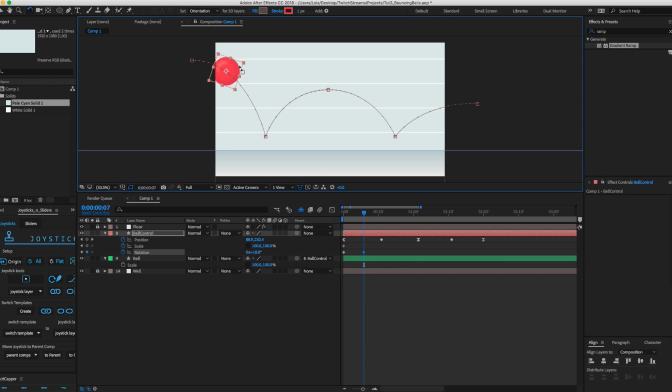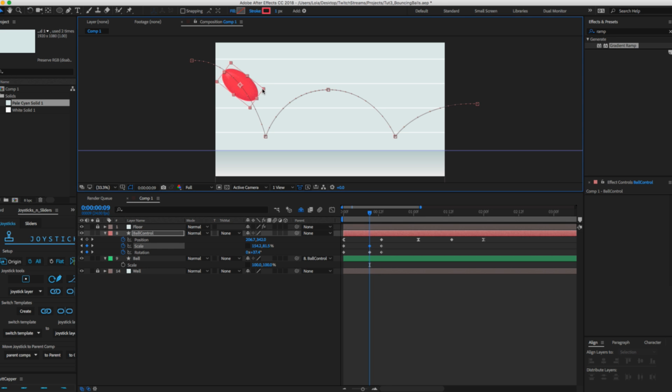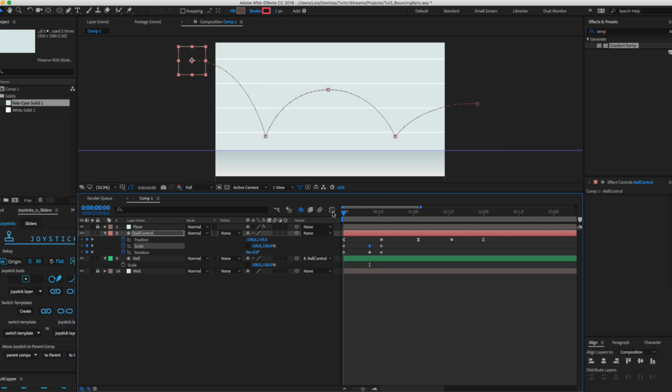What I mean by that is rotating this ball, just giving it a little bit of that so it looks like it's